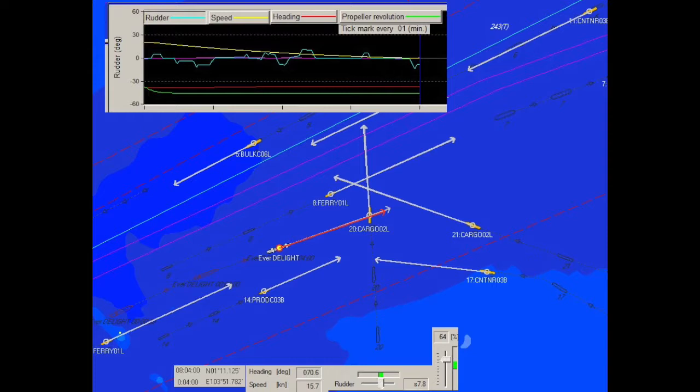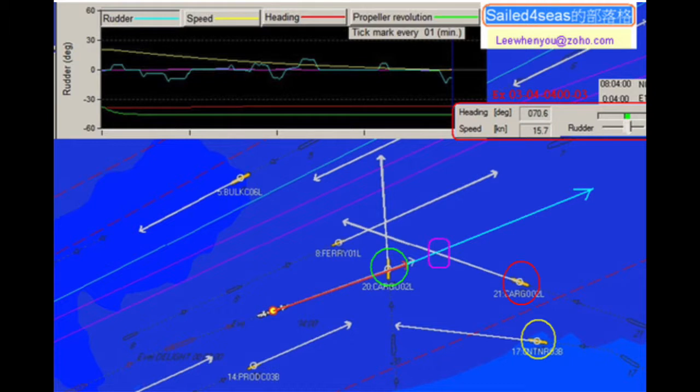And for the third vessel, number 21, cargo vessel, it's obvious he will be passing the collision spot at 1.5 minutes, and the on ship will be arriving after 3 minutes. So by the radar picture, all 3 vessels are clear. So the captain actually didn't have to do anything. So this captain is very steady. He didn't decrease the speed abruptly, and he didn't alter course randomly. He evaluated the situation very well